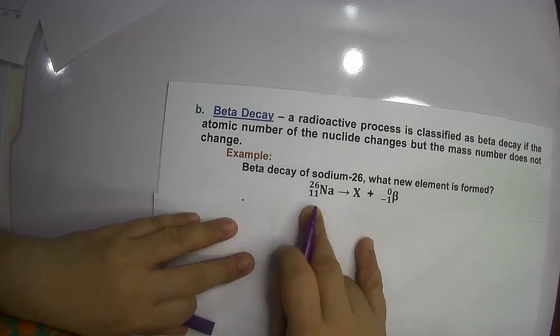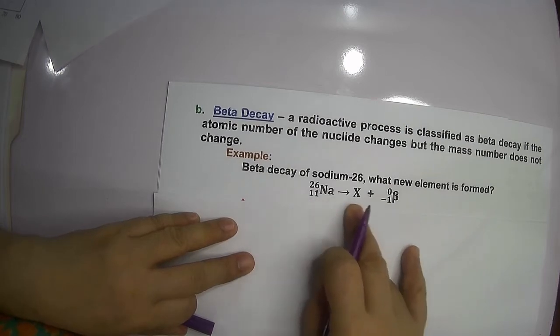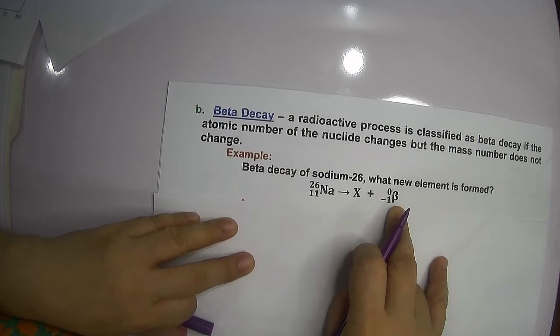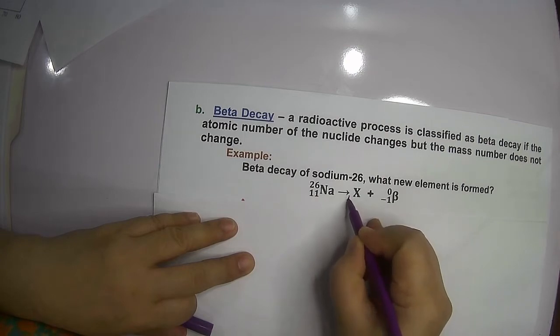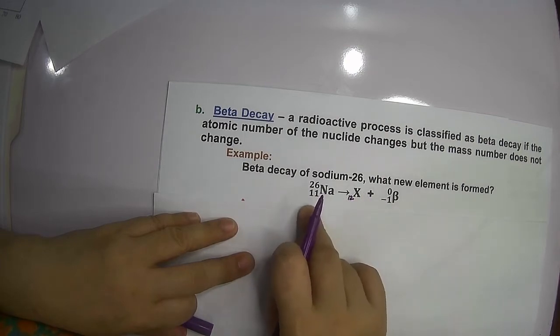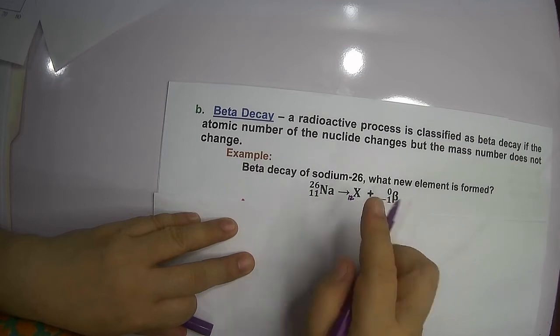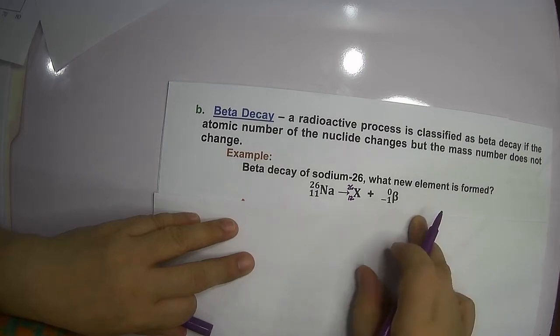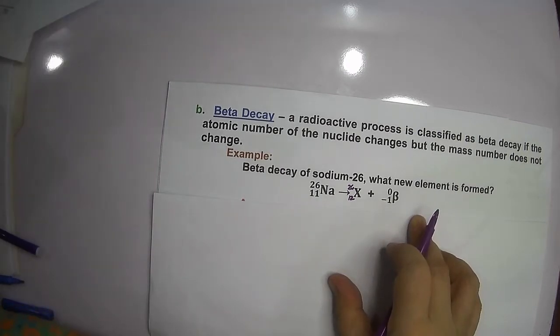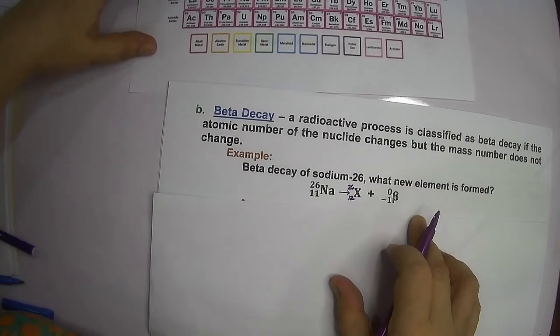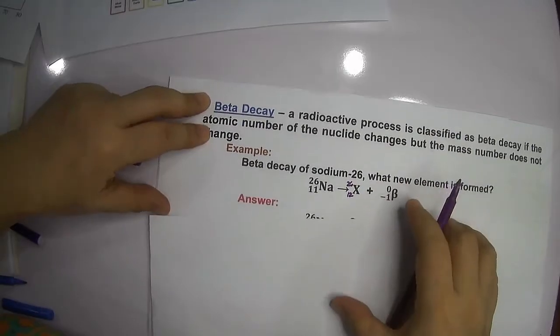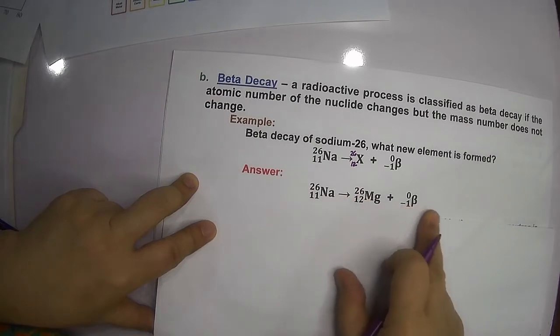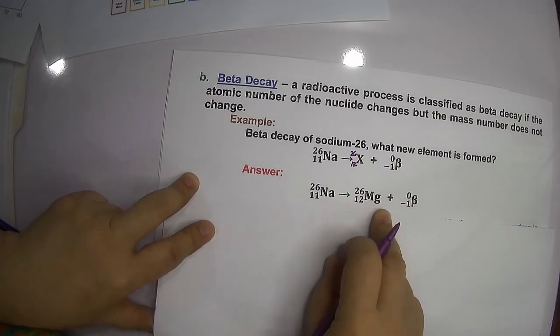So if we have sodium with atomic number 11, meaning that is the positive charge, and emitting a beta particle here, undergoing a beta decay, this must be element 12. 12 minus 1 is 11. And since the mass of beta is 0, we have the same mass as sodium. Again, referring to your periodic table, element 12 is magnesium. So therefore, sodium-26 undergoing beta decay, the daughter nuclei is